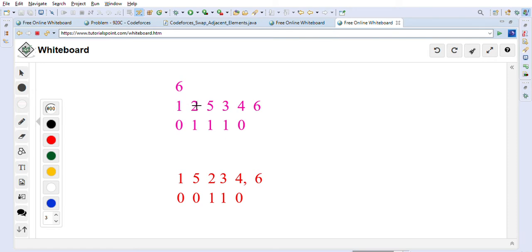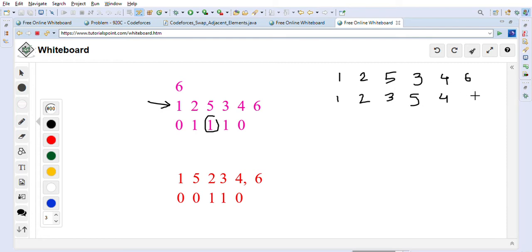Now you can see that this array is not sorted. So let's write it down here, so we can discuss how we can sort this. 1 2 5 3 4 6. This is given to us. Now what we can do to sort this array is go to this 5. 5 is not sorted, because 5 is greater than 3. 5 has 1 basically, which means that we can swap it with the next element. So we will swap this 5 with the next element. So it will become 3 5 4 6.